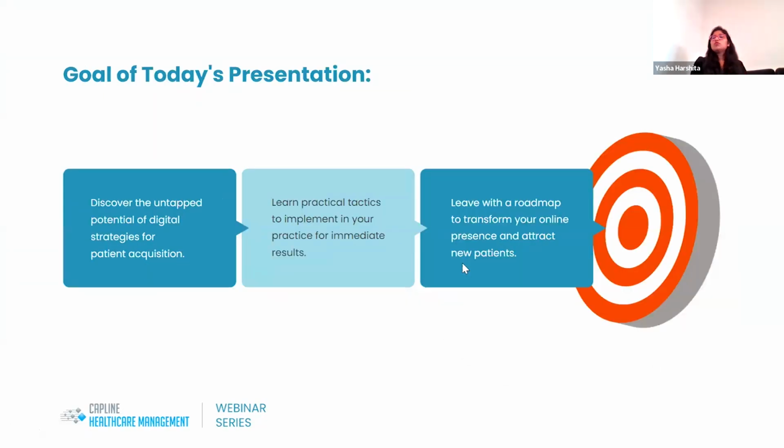So coming back to the goal of today's presentation. The goal of today's presentation is to discover the untapped potential of digital strategies for patient acquisition. We will also learn a few practical tactics to implement in your practice so that you get proven results. And we'll leave you with a roadmap so that you can increase and better your online presence and attract new